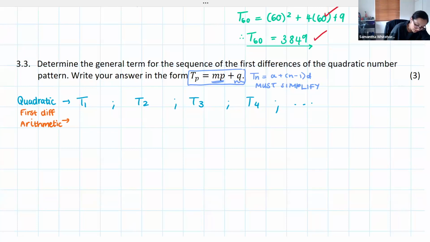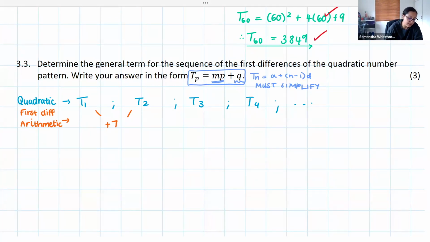Now we already know that the first difference between term 1 and term 2 is 7, but we don't know the rest of them. We do need to figure out what the rest of them are because we know what our A value is, but we need to know what our constant difference is. So in order for us to do that, we will need to find the first 3 terms of the